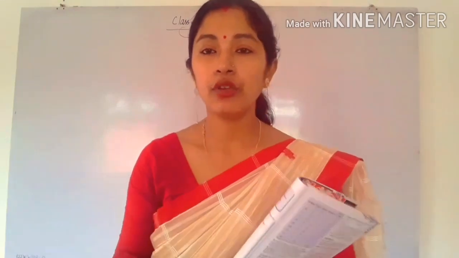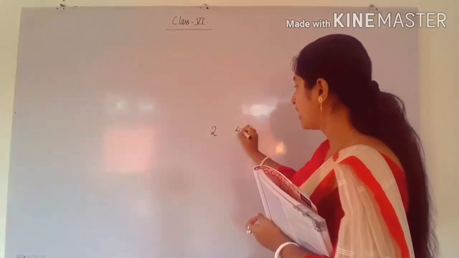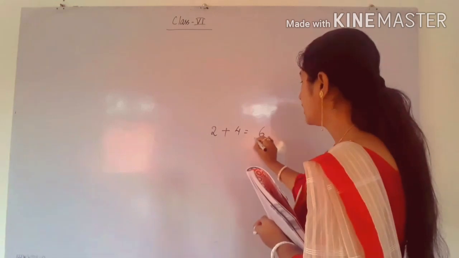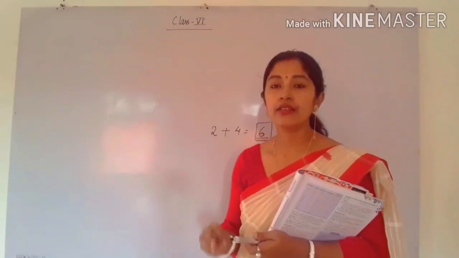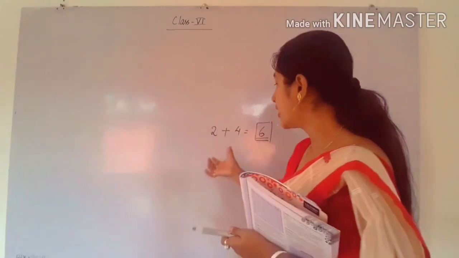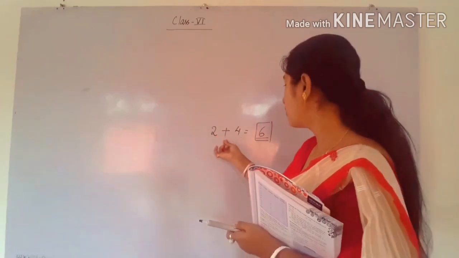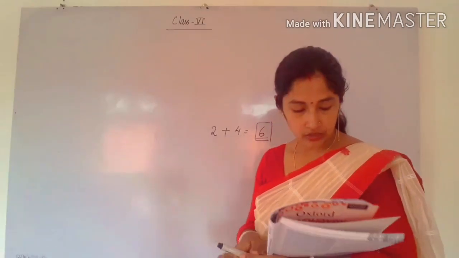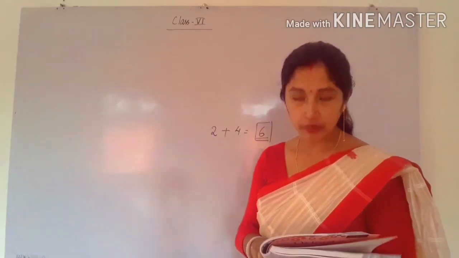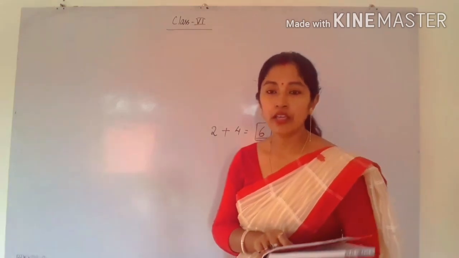If we take any two even numbers, for example 2 and 4, when we add the two numbers, what will we get? We get 6, and 6 is again what? An even number. And this case is true for all the even numbers. When we take any two even numbers and add them, we will get an even number again. So question 2a: the sum of two even numbers is always even. So in the first blank it should be even.